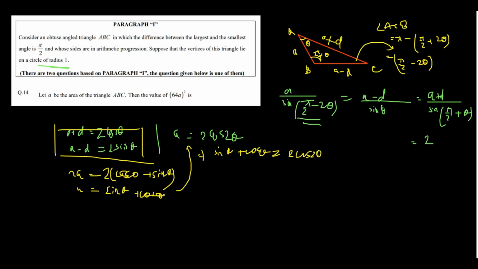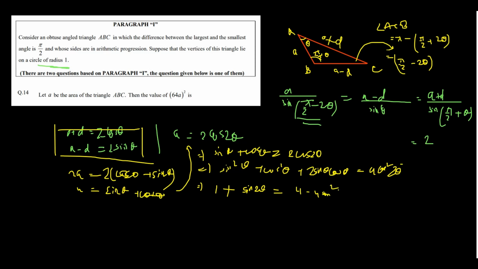Okay, so if we square this equation, we will get sin squared theta plus cos squared theta plus 2 sin theta cos theta equals 4 cos squared 2 theta. Okay, so this will be equal to 1 plus sin 2 theta, and that will be equal to 4 cos squared 2 theta, which means 4 minus 4